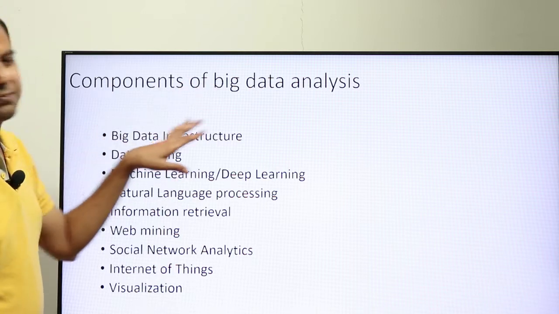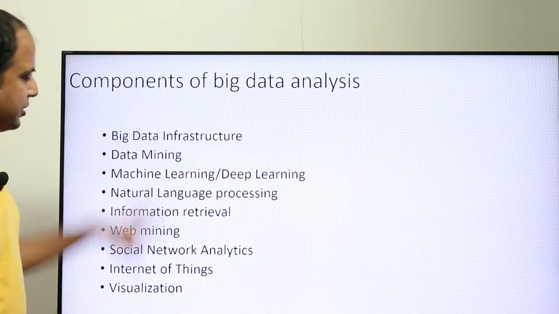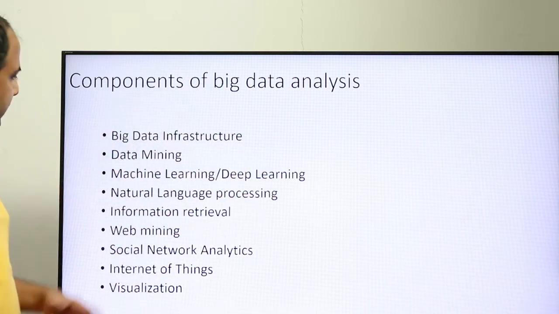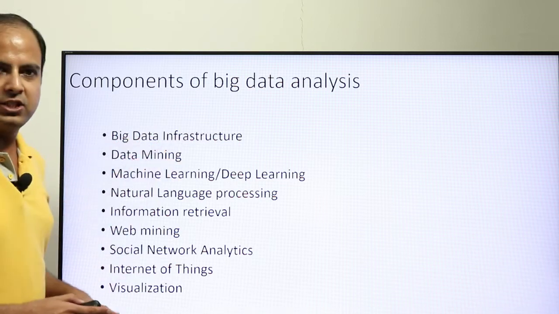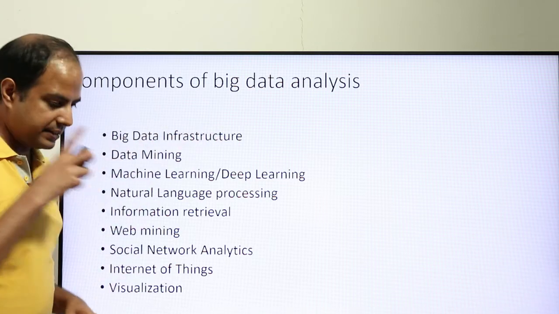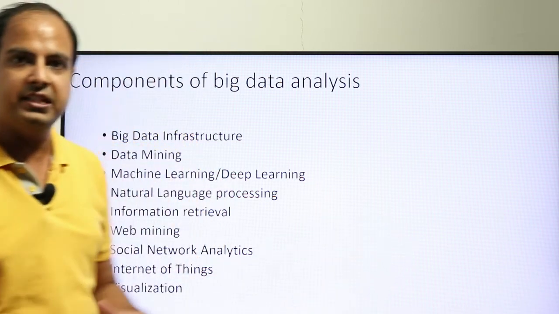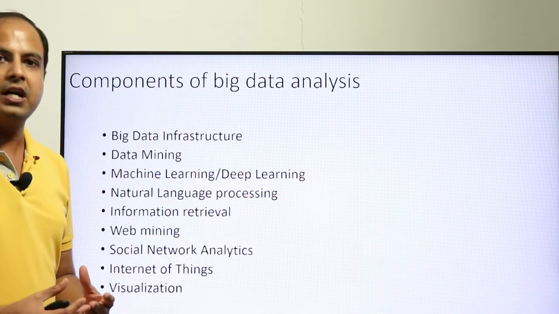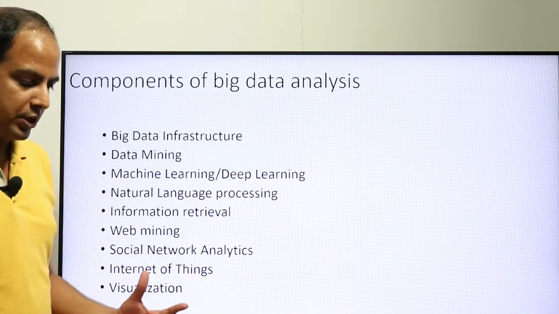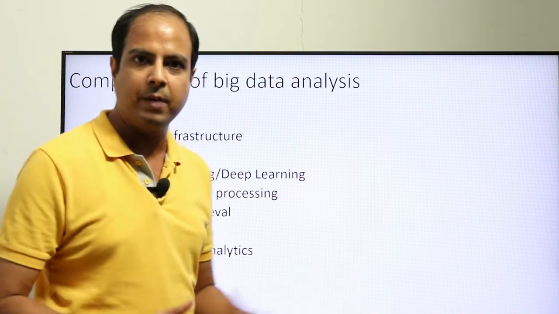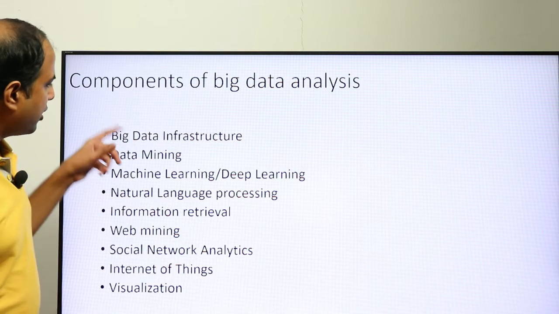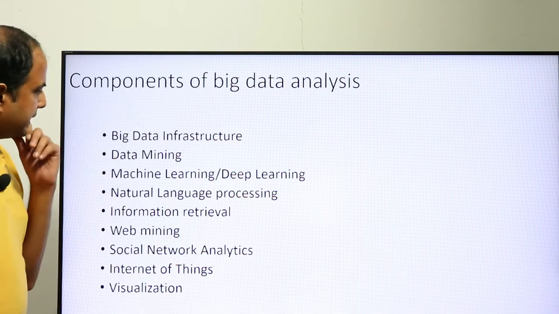So now as part of big data analytics, a whole bunch of things make sense as part of it, right? So big data infrastructure is one. This is the core piece. This is basically the basic software that runs across hundreds of machines that allows you to use hundreds of machines as if it was one big monster, one big mammoth machine, okay? And we'll talk about details of each of those.